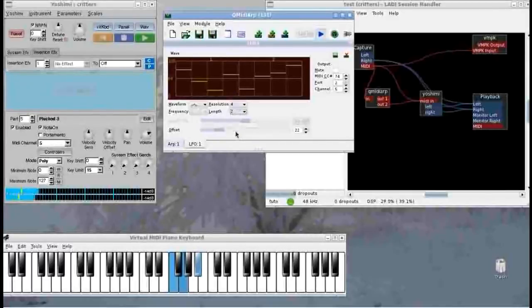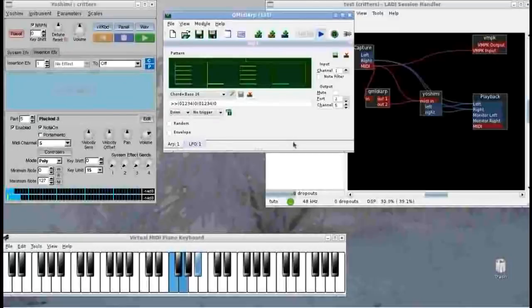And I can use a controller to move the offset, so you can create some really nice patterns with this, or again change the pattern to something else. This is just a chord that is octaved at the second run through,